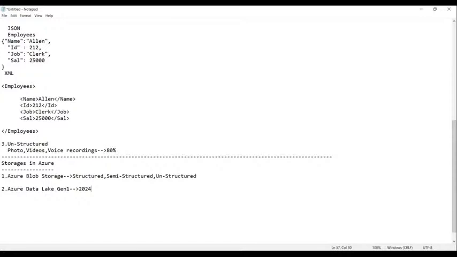Hence, it's not allowing us to create. So now can you see here the next one?